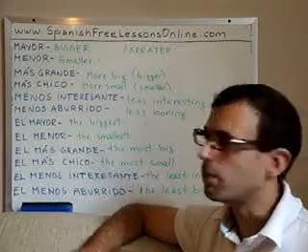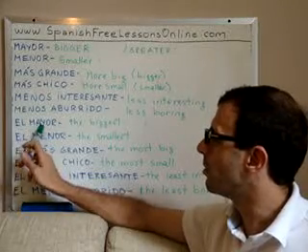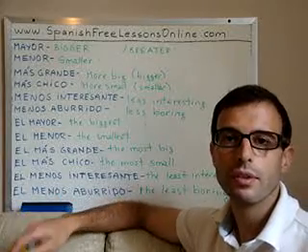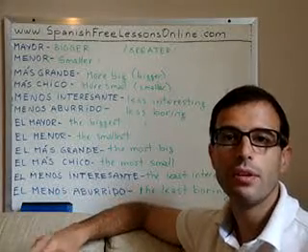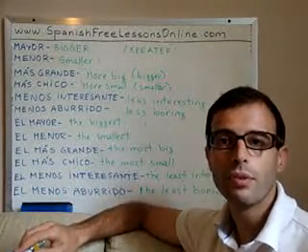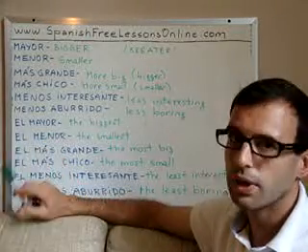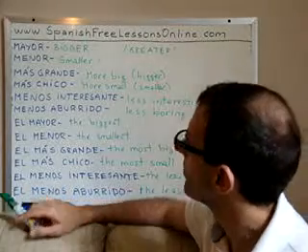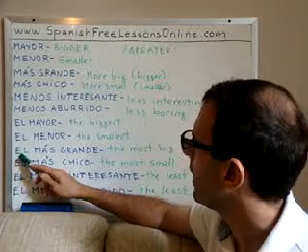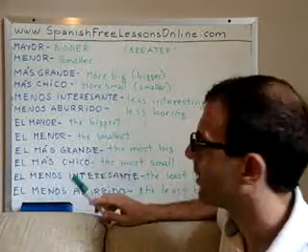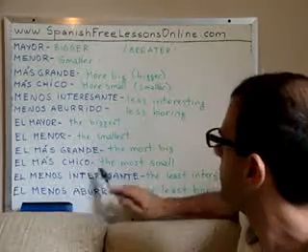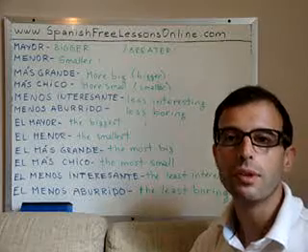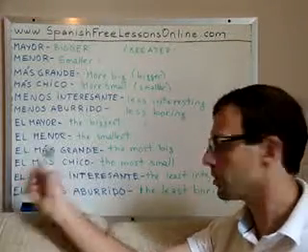Again, when referring to people, el mayor or el menor can refer to the oldest or the youngest. When you want to say the youngest of the brothers, you would say el menor. That would be the youngest. El más grande. This would be the most big. I know that in English it's wrong to say the most big, so it would be the biggest. But this is the word by word translation. The most